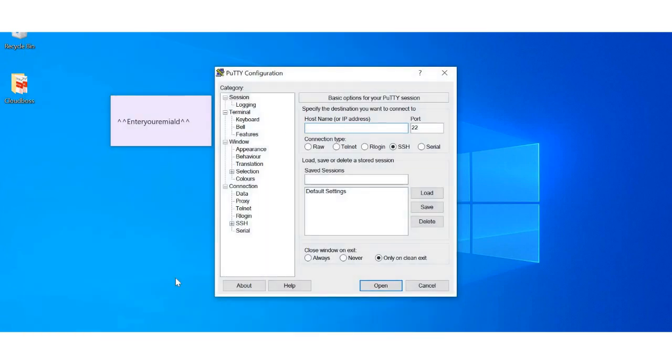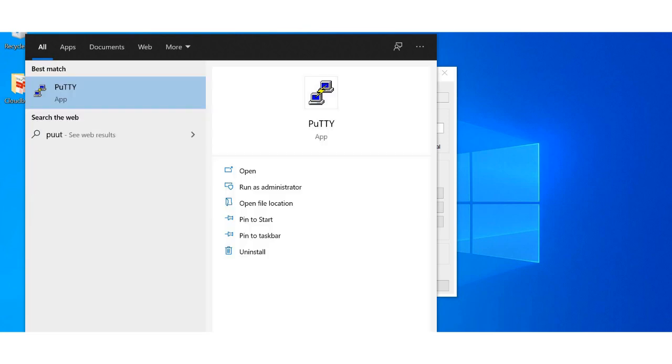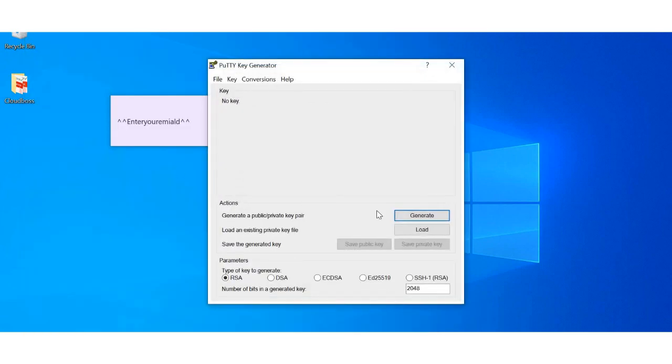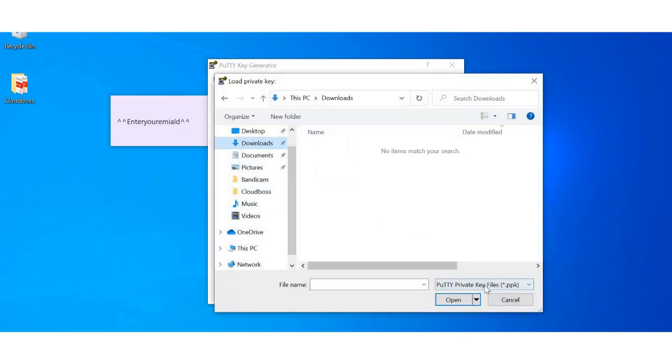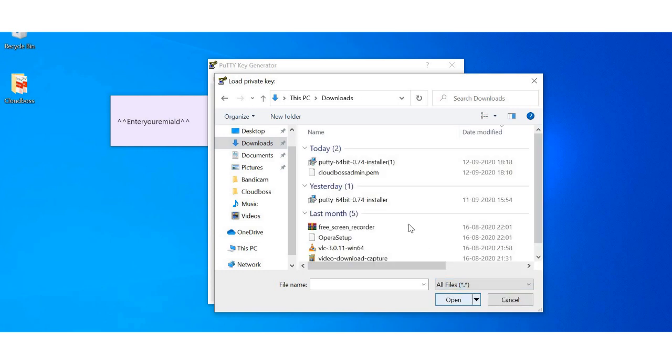You can run it here. Okay, Putty supports only a .ppk file, whereas we have downloaded a .pem file, so we have to generate a .ppk file. So don't worry, guys, just type PuTTYgen. See, if you install Putty, PuTTYgen will be directly installed. So just click here and go to load file, where you saved your .pem file, right? So just select all files. You can see here, we downloaded the .pem file while creating the EC2 instance key pair. Just click here and open.